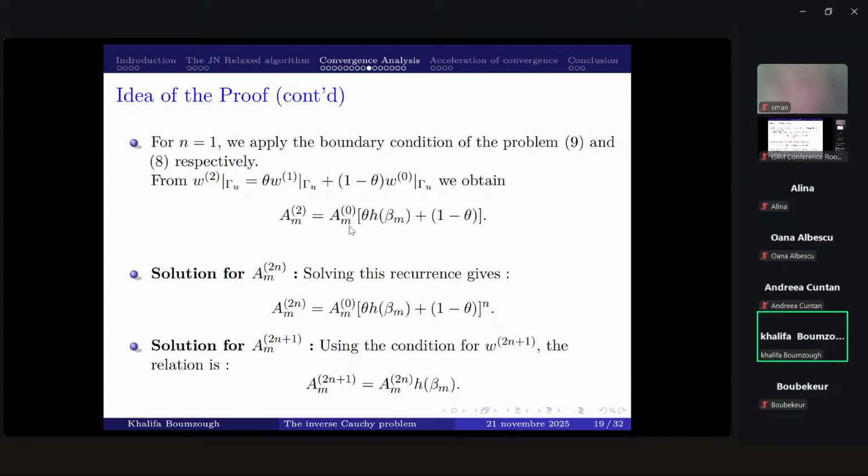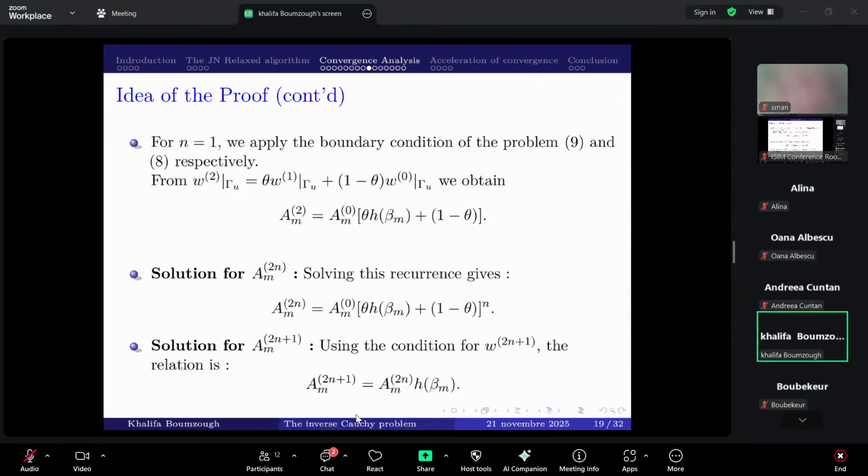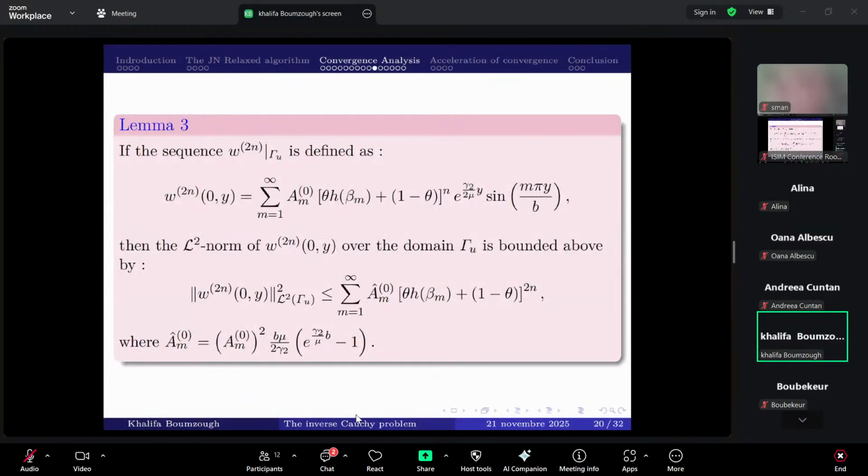For the solution of A2n, solving this recurrence, we obtain E2n dependent on E0, and using the same technique we obtain E2n+1 dependent on E0. So we also need this lemma, if the sequence W2n is defined